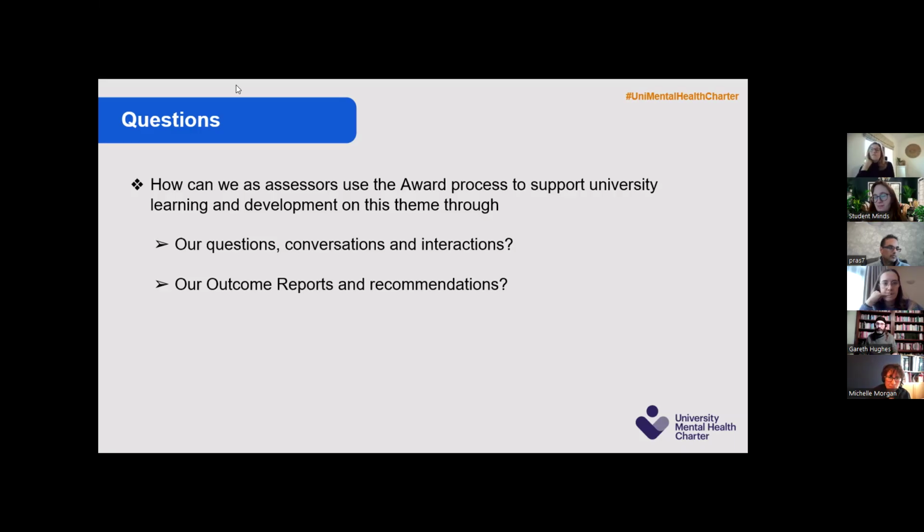The only thing we talked about is the need to weave the evidence into the questions. So you're framing a question with the evidence. And again, within the outcome report, it's useful to frame what you're writing based on evidence and linking to evidence, so that we're using every opportunity to educate and to help universities to see the relevance, to understand why it's important.